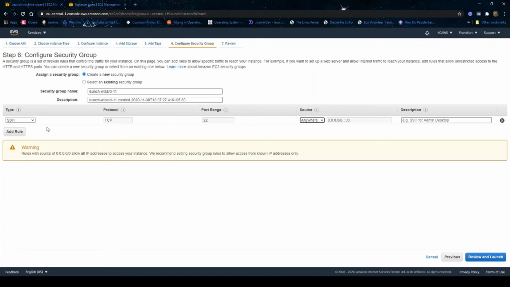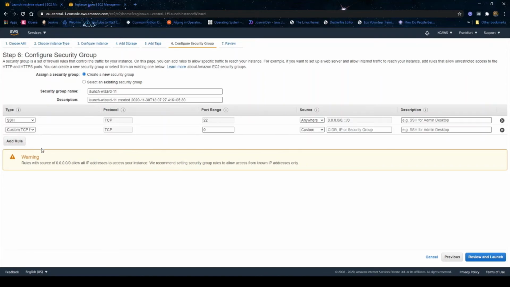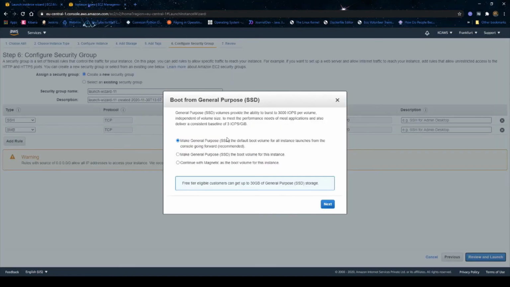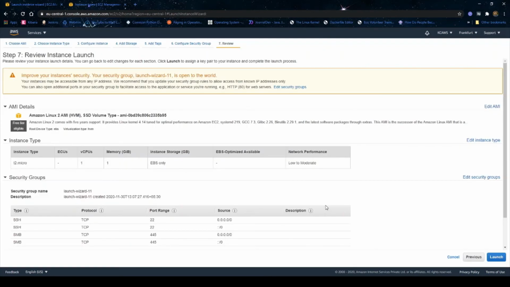Let me specify anywhere, and then add one more rule, saying that I want to have SMB. So I want to share a file between my computer and this virtual machine, or EC2 instance. Let me share, and then finally review and launch. It is asking because initially I selected SSD, and then I moved on to HDD. Yeah, let me move, and then